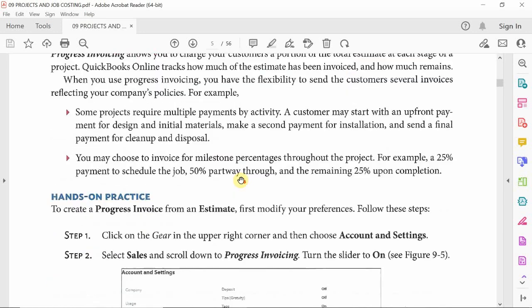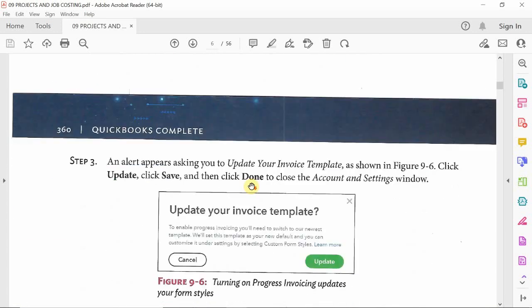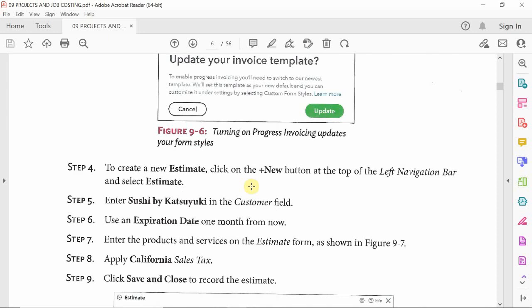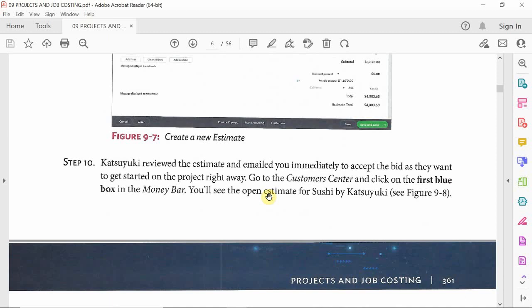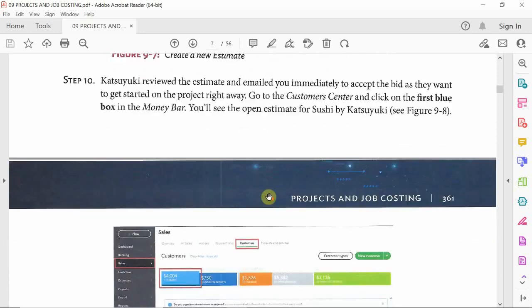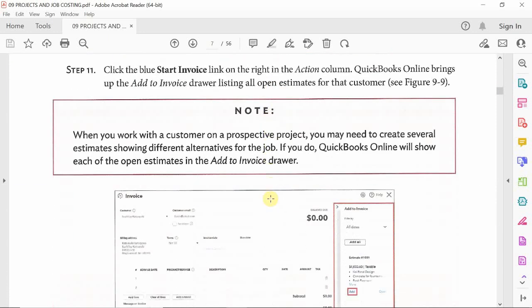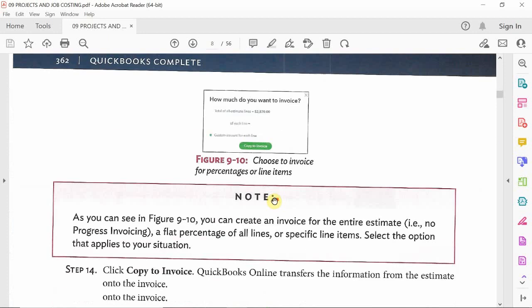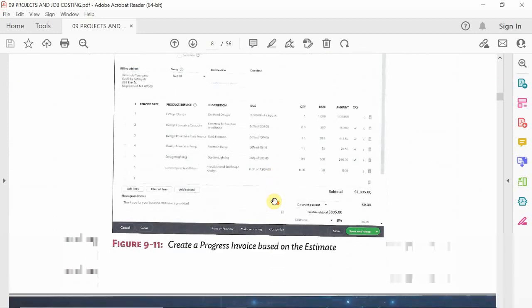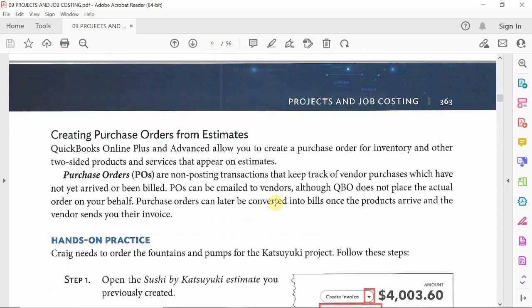So therefore, I am going to need to do a purchase order for the following situation. I'm going to need to do a purchase order to order a custom background for the headshot. So maybe she wants a custom background with the company's logo, or maybe she wants the building behind her with her company logo on it. Maybe it's her company building itself. So we're going to go ahead and build her that invoice, but we're going to also go ahead and